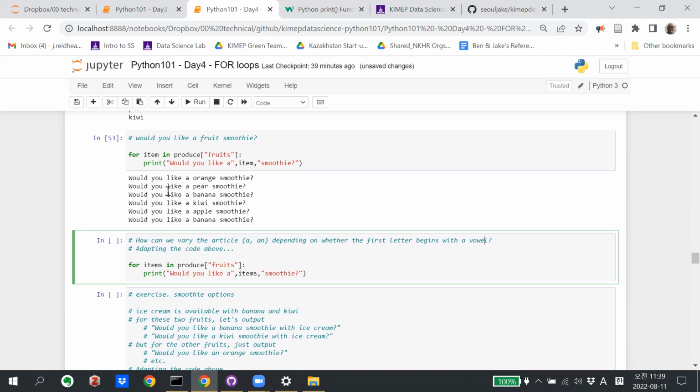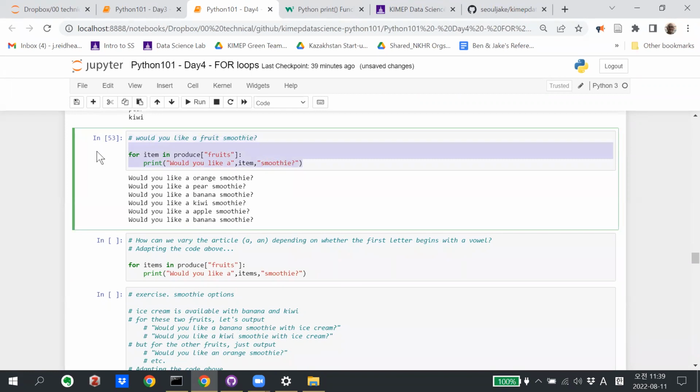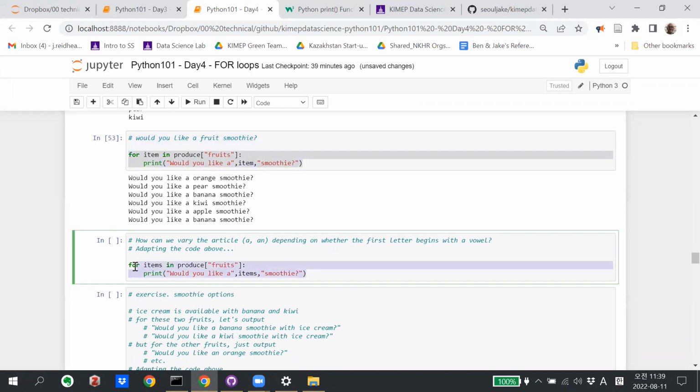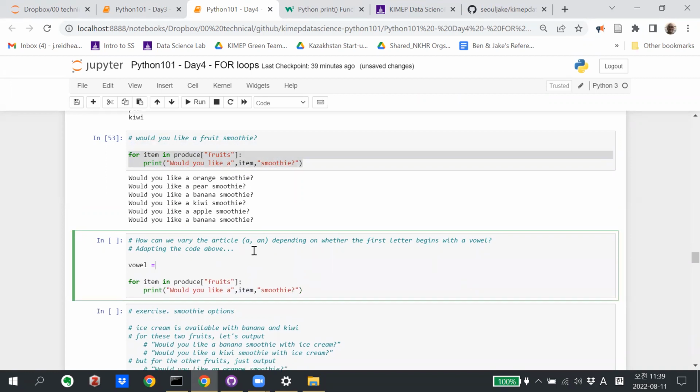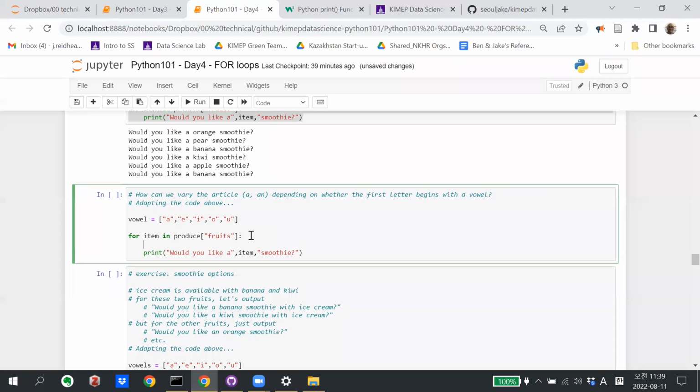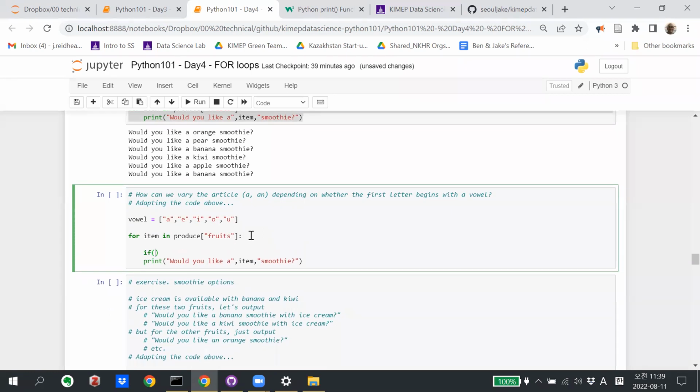So here's the code from above. To adapt this, first of all, we need to define vowels, right? So vowels are A, E, I, O, U. We don't have Y here, so I'll just leave Y alone. And then if the first letter of the fruit is a vowel,